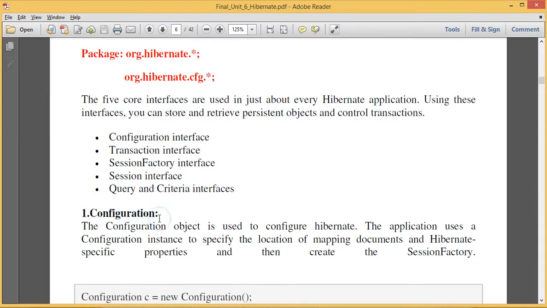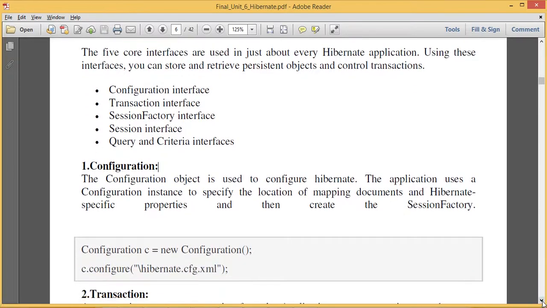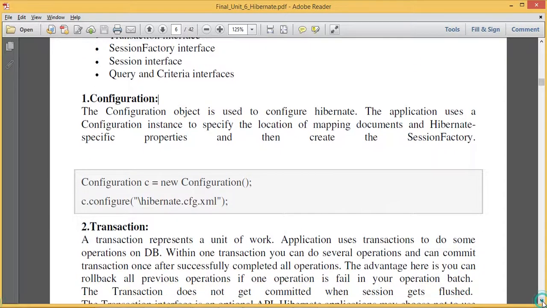So remember all the steps very carefully. The first step, while accessing any Java application's database connectivity, you need to build this one file, the hibernate.cfg.xml file. The Configuration object is used to configure Hibernate, and the application uses the Configuration instance to specify the location of the mapping documents.